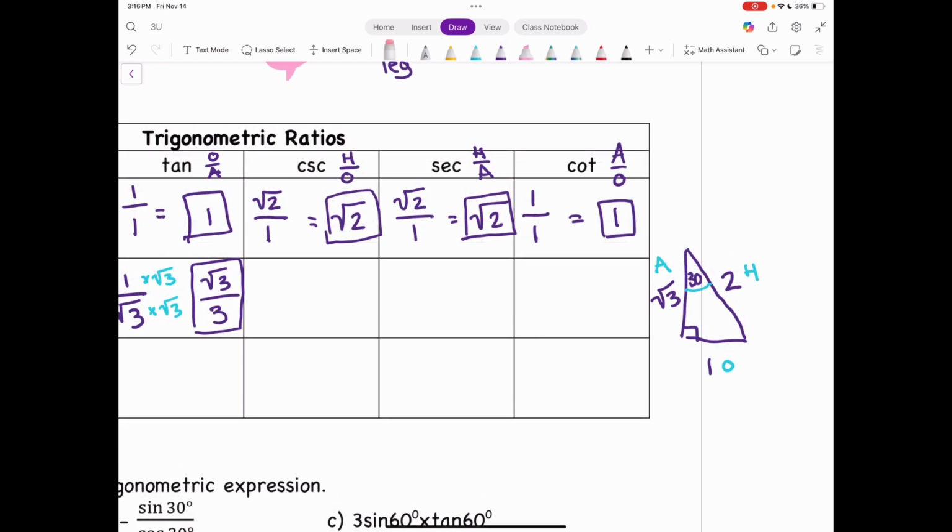For cosecant, we know that the ratio is hypotenuse over opposite. So we can see that our hypotenuse is 2 and our opposite is 1. So of course we can just simplify 2 over 1 to 2. For secant, our ratio is hypotenuse over adjacent, so that would be 2 over the square root of 3. But again, we don't like having the square root in our denominator, so we would multiply both the numerator and denominator by the square root of 3. What we will end up with is 2 times the square root of 3